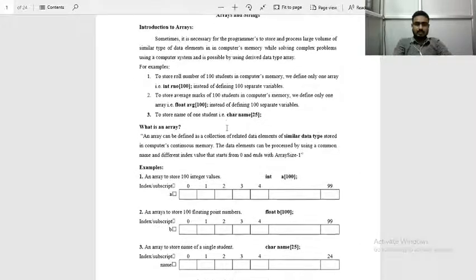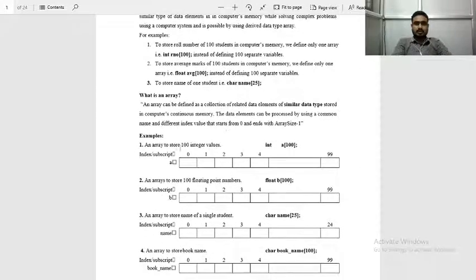For example, here you can see an array to store 100 integer values. Here is the syntax: int is the data type, a is the name of the array, and 100 is the memory allocation we want. In an array, the index starts with 0, so 0 to 99 gives 100 blocks of memory.